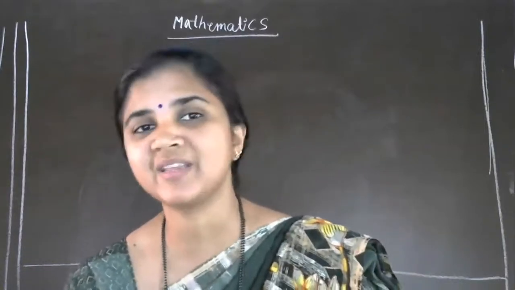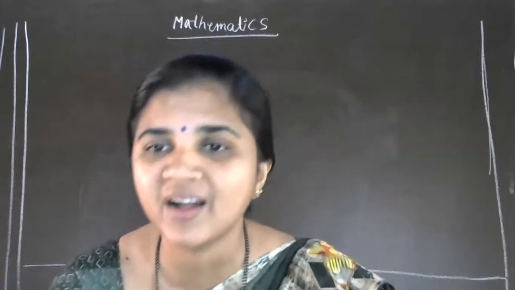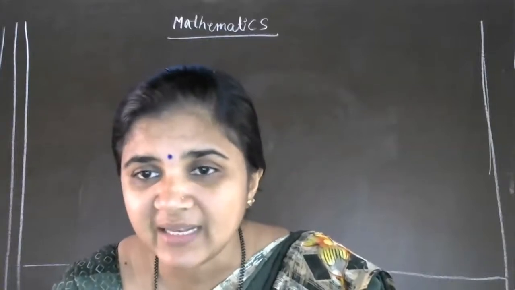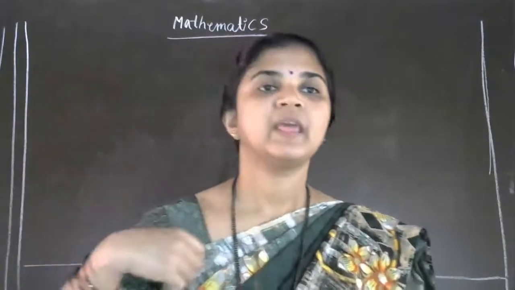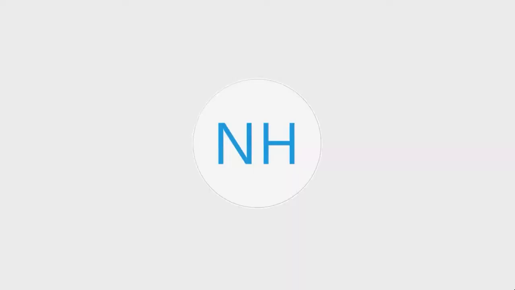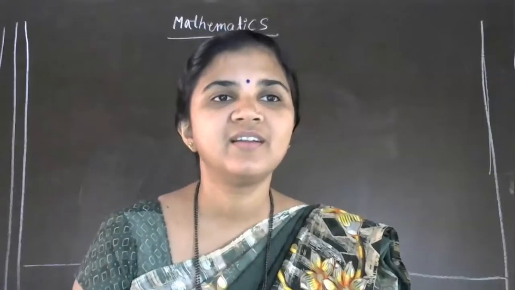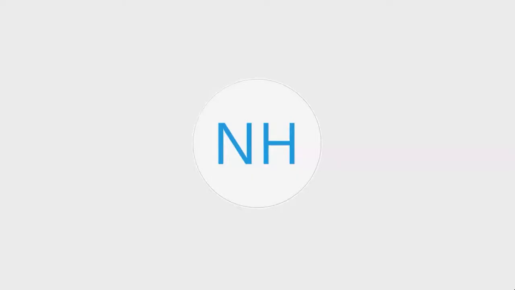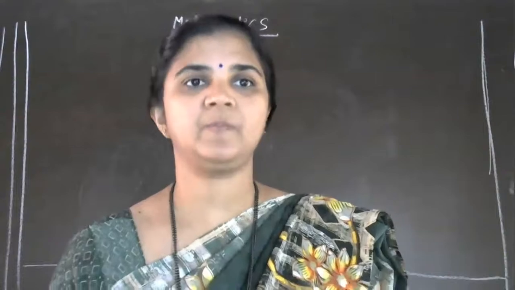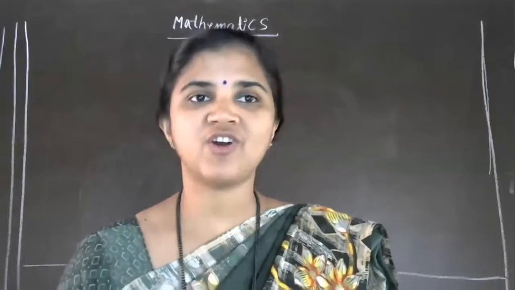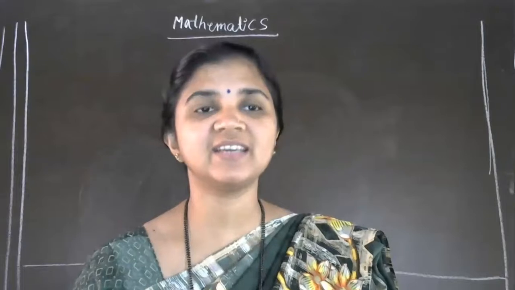Who is ready to tell me the criteria of congruency of triangles? Nutan, are you there? Can you tell me the criteria of congruency of triangles, Nutan? SSS congruency rule. Then? SAS congruency rule. Yes. Then? ASA congruency rule. Yes, very good. Then? RHS congruency rule. Is there anything missing?